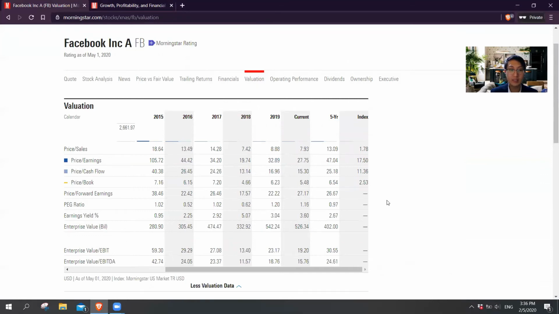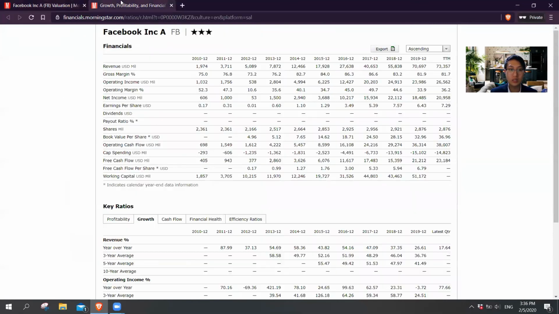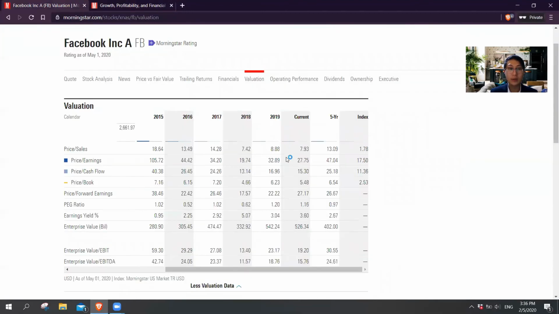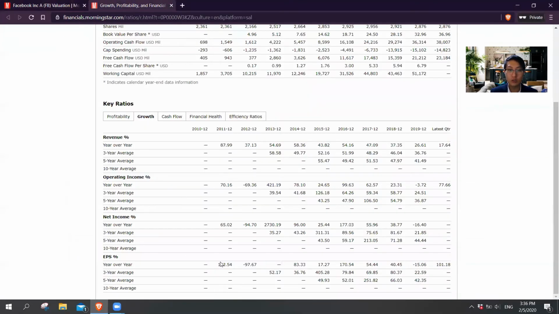So this may or may not be a good time to buy, but it's at least not the worst time to buy. Some people like to look at growth also. Sometimes when the PE is too high, such as certain companies which are always 80 plus or even 100 plus, you cannot purely look at the price to earnings ratio. Another way is through the growth percentage. They look at the EPS growth, and if the EPS growth is higher than the price to earnings ratio, then they will buy it. For example, for a PE of 80, the growth must be like 80% year on year.